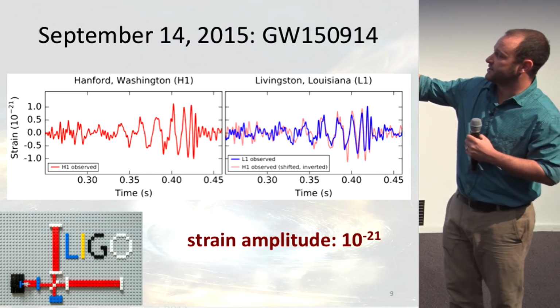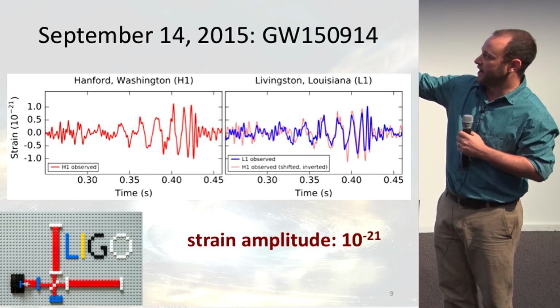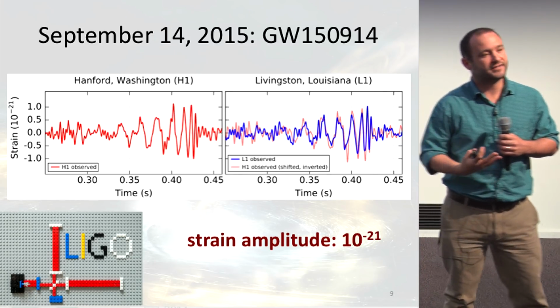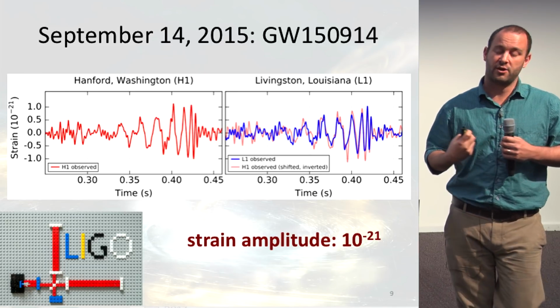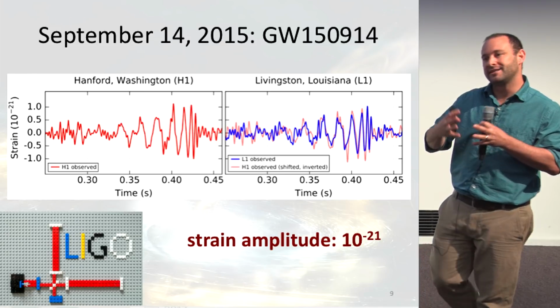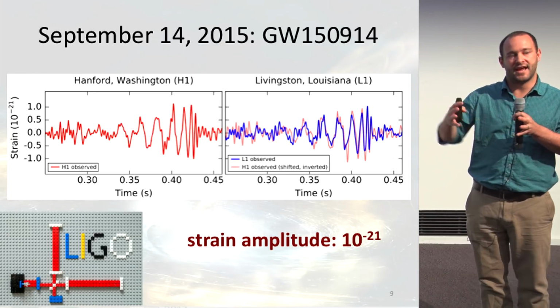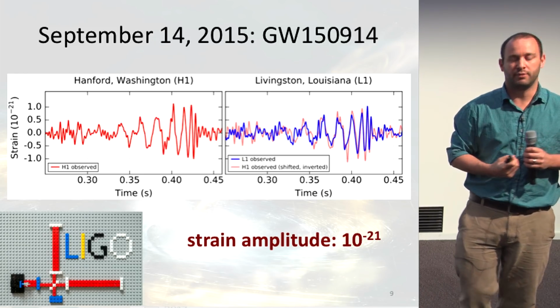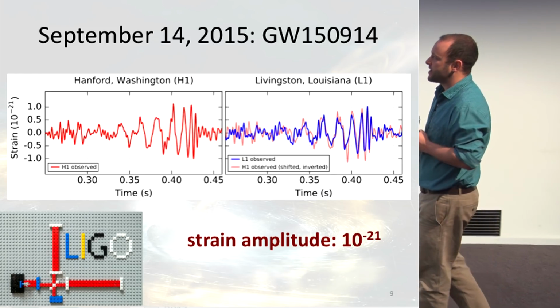And then all of a sudden you get this big peak in the last couple of cycles, and then the signal really just switches off. And the signal switches off because these two black holes have just formed one black hole. That one black hole very quickly rings down. It emits any asphericity that it has, and it just becomes this one rotating black hole that's just sitting out there in space, not emitting any